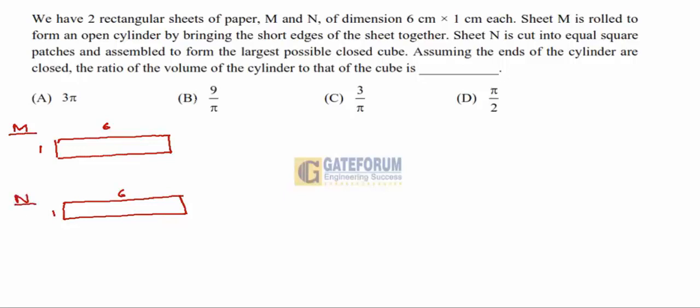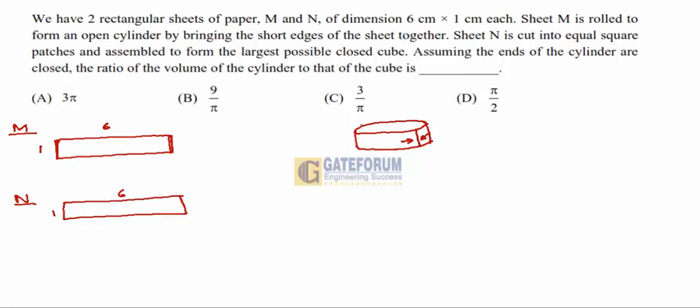So sheet M is rolled to form an open cylinder. So from sheet M, what I endeavor to manufacture is sort of a cylindrical shape like this, by bringing the short edges together, say suppose here, it has gone here and the other has come up here like this. The cylinder is formed. Sheet N is cut into equal square patches and assembled to form the